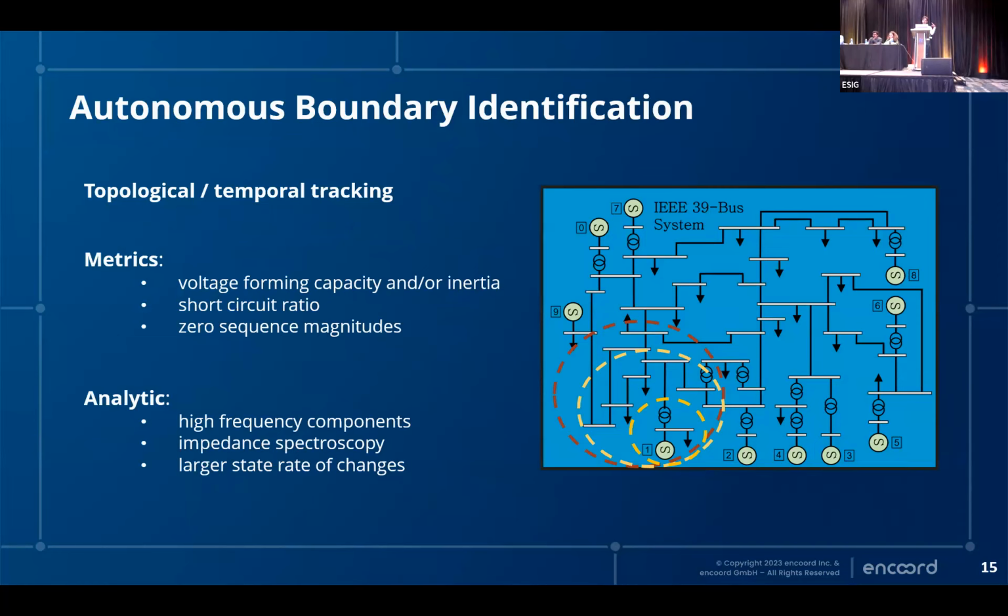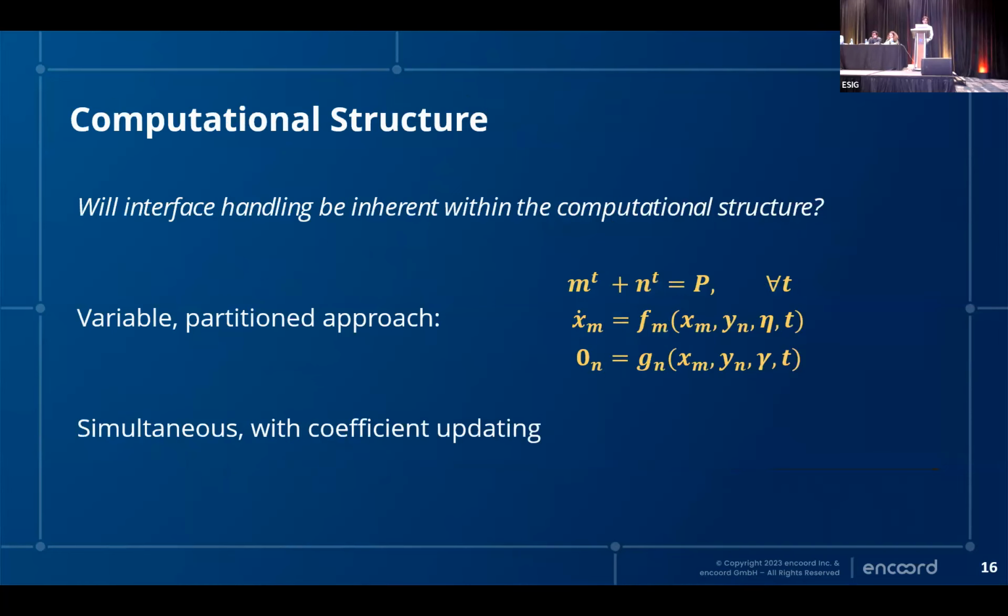You can see how the boundary, emphasized by that little dotted circle there, could be getting smaller. So not only could we maybe be reducing the detail of our models, but we could also be reducing the size of the network that's being approximated in the more detailed space. Finally, what does the computational structure look like?